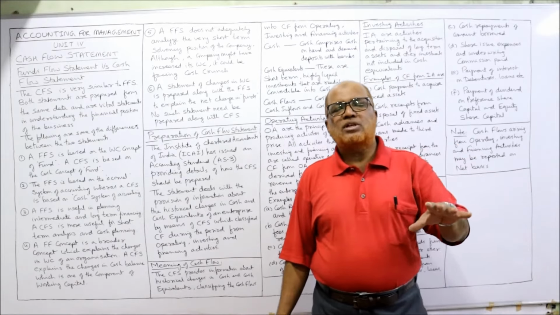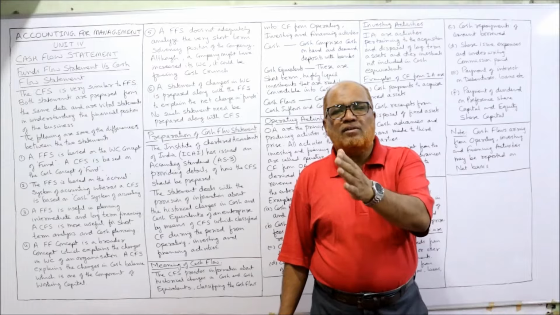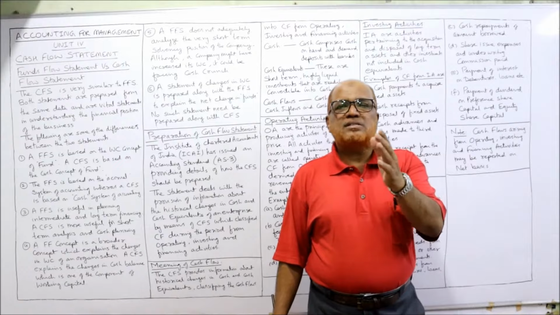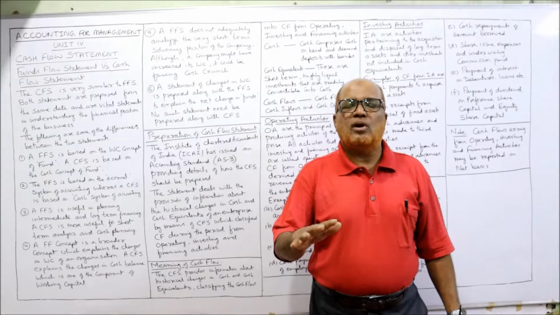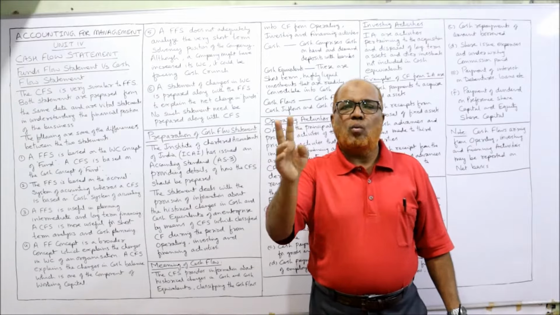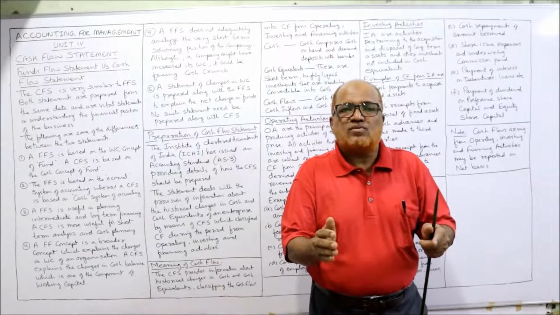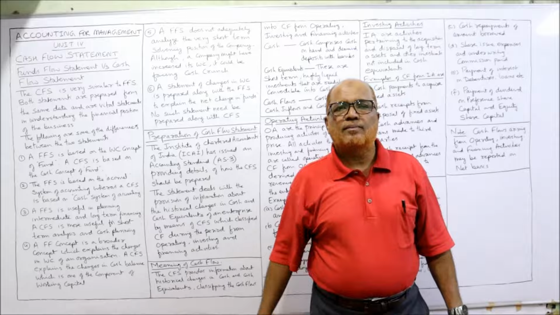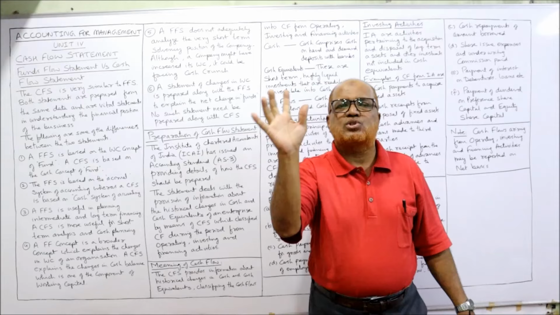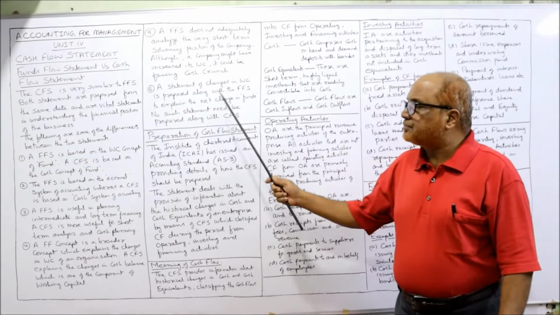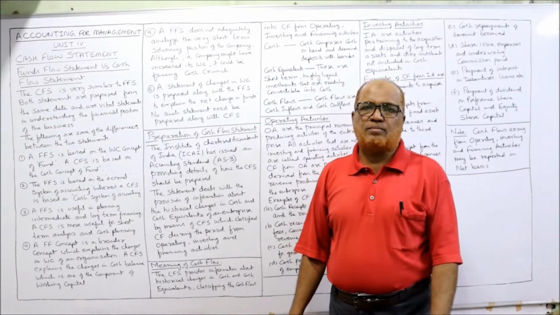Next, a statement of changes in working capital is prepared along with the funds flow statement. When you make a funds flow statement, two statements you have to make. The first statement, statement of changes in working capital. Second statement, statement of source and application of funds. In this way, in funds flow statements, two statements: one statement of changes in working capital, one statement of source and application. Whereas in the cash flow statement, we will make only one statement. No separate statement for working capital. Only one statement, the cash flow statement, will be made. So these are a few differences between the funds flow statement and the cash flow statement.